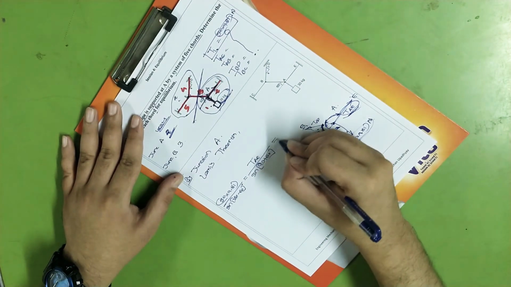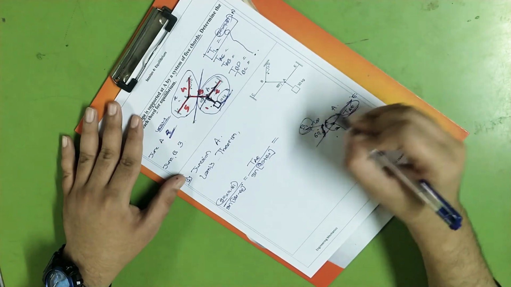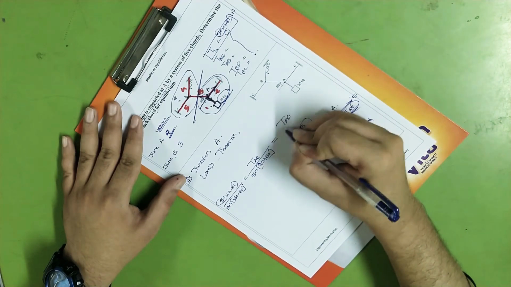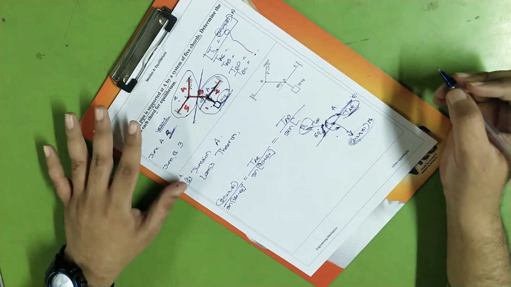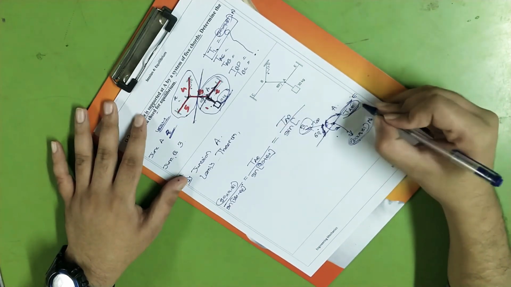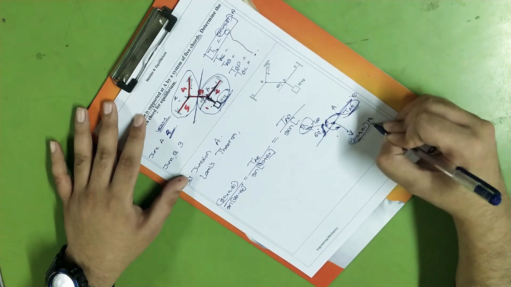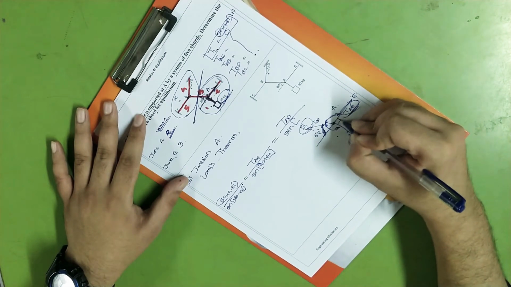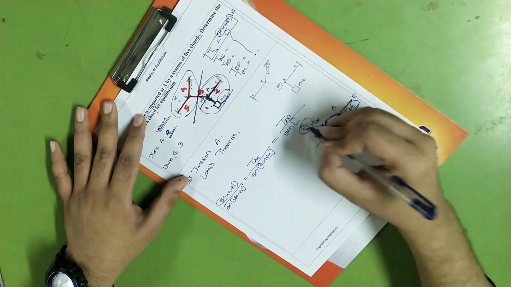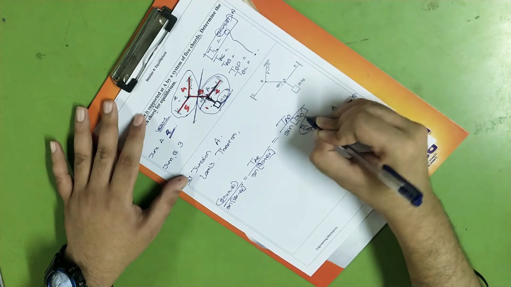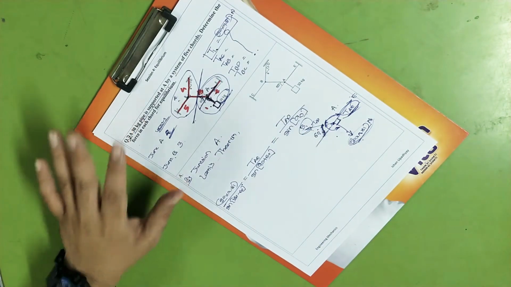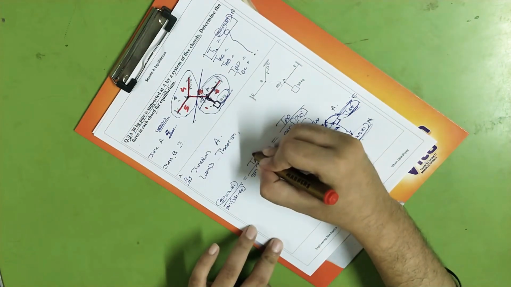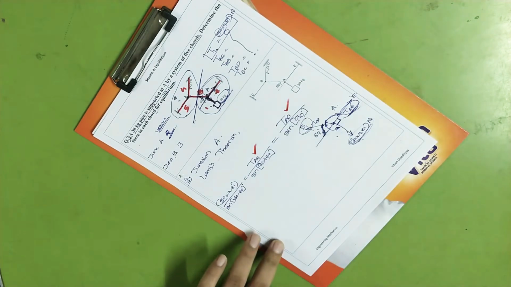Okay, and then at last is what? Tension in AB. Tension in AB upon sine of... Now what is the angle made by the other two forces? Apart from AB there are two forces, AE and this weight, and they make an angle of 90 degrees. So sine of 90. Here you can see that there are two unknowns: first is tension in AE and second is tension in AB.